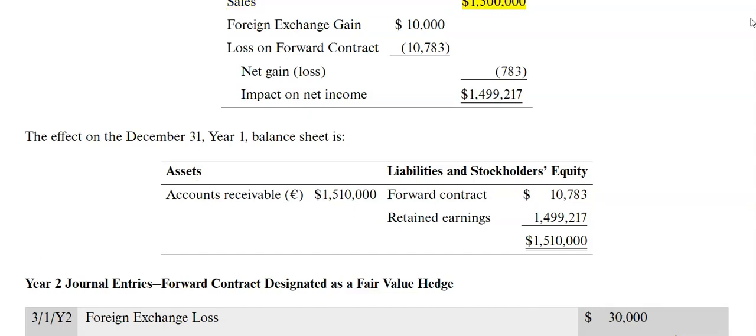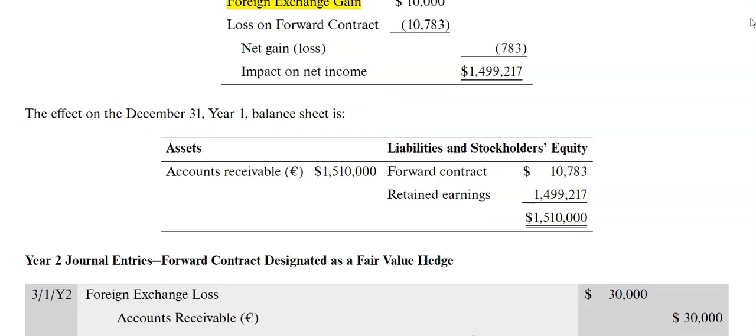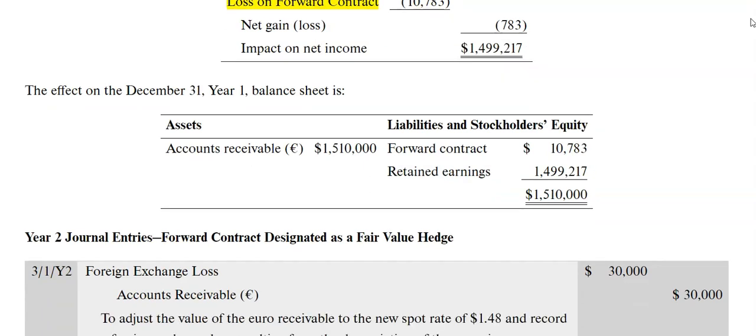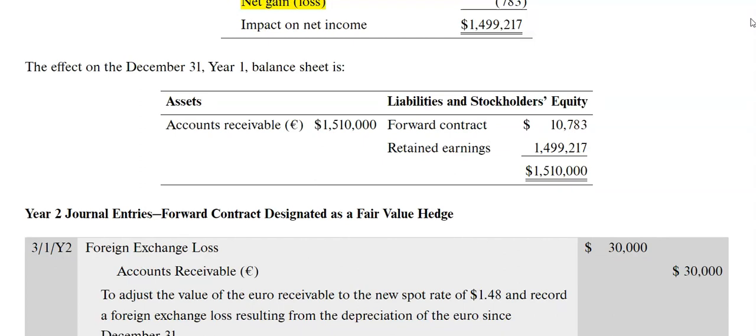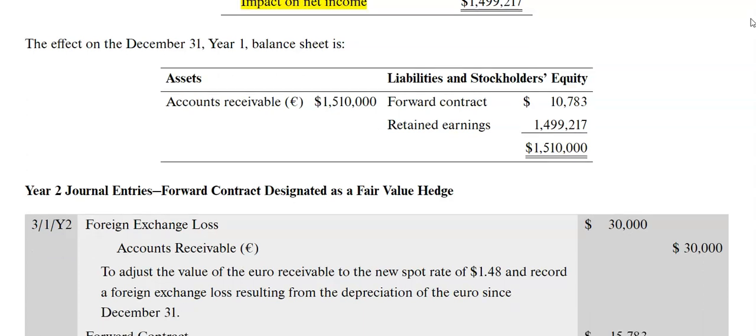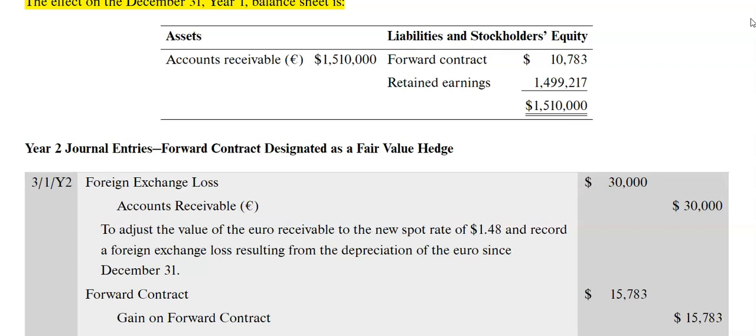Sales, $1,500,000. Foreign exchange gain, $10,000. Loss on forward contract, $10,783. Net gain (loss), $783. Impact on net income, $1,499,217. The effect on the December 31, Year 1, balance sheet is